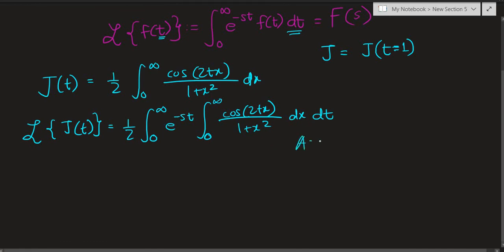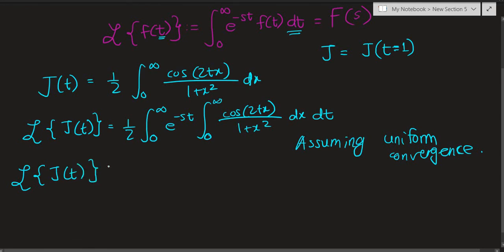So now you guessed it, assuming uniform convergence of both of these integrals, of basically both of these functions on this range of 0 to infinity, we can interchange them. We have to obviously prove this using Fubini, Tonelli and stuff like that, but let's just leave that for this video. Let's assume uniform convergence and just interchange both of them. So we have the Laplace transform of J of t being equal to half of the integral from 0 to infinity of, well, when we are interchanging dt and dx, they will also get interchanged, right? So dx is to the outside,